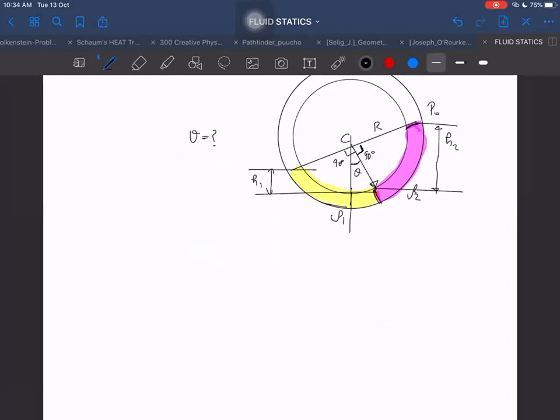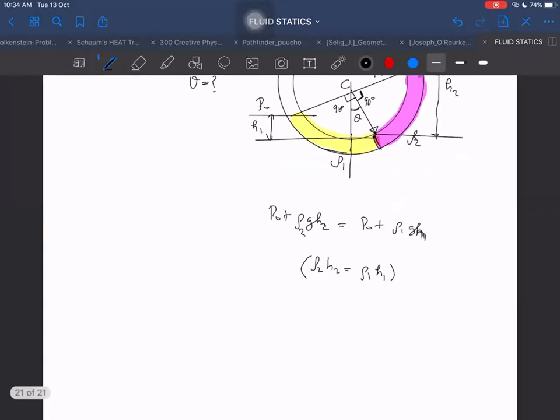It is P naught plus rho G H2. That is the interface pressure. But if I calculate that interface pressure from the other side, it is P naught plus rho 1 G H1. So I am getting rho 2 H2 is equal to rho 1 H1 again. So you just have to find what is H1, what is H2, and we get the answer in terms of